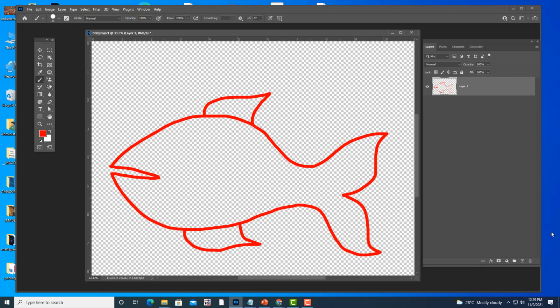So then you may get one doubt actually. See, when we can do it with the brush tool, what is the need of the pen tool? Okay, see, with the brush tool, if you want to improve the shape, you can't. I have drawn with the brush tool, but if I want to improve the shape even further, I can't do that. But with the pen tool you can improve the shape. So that is the thing.